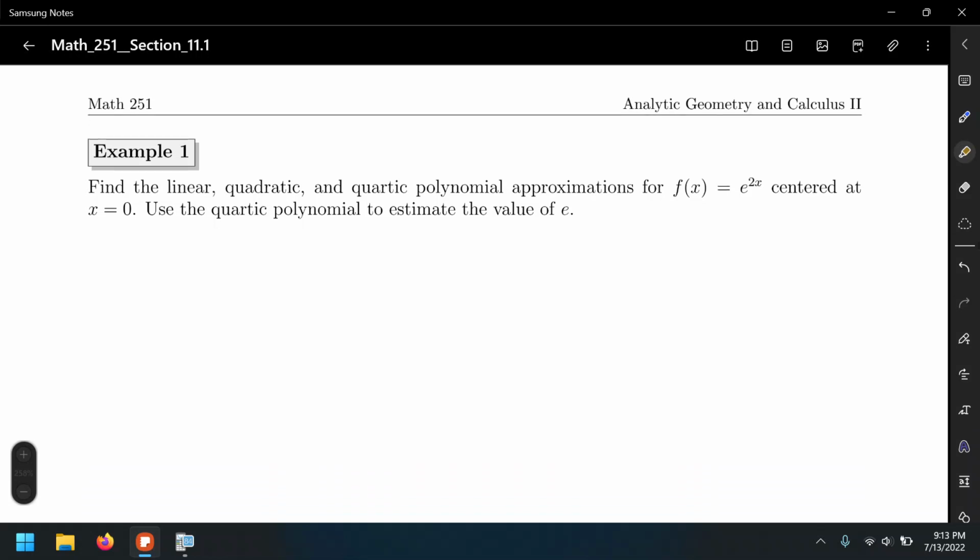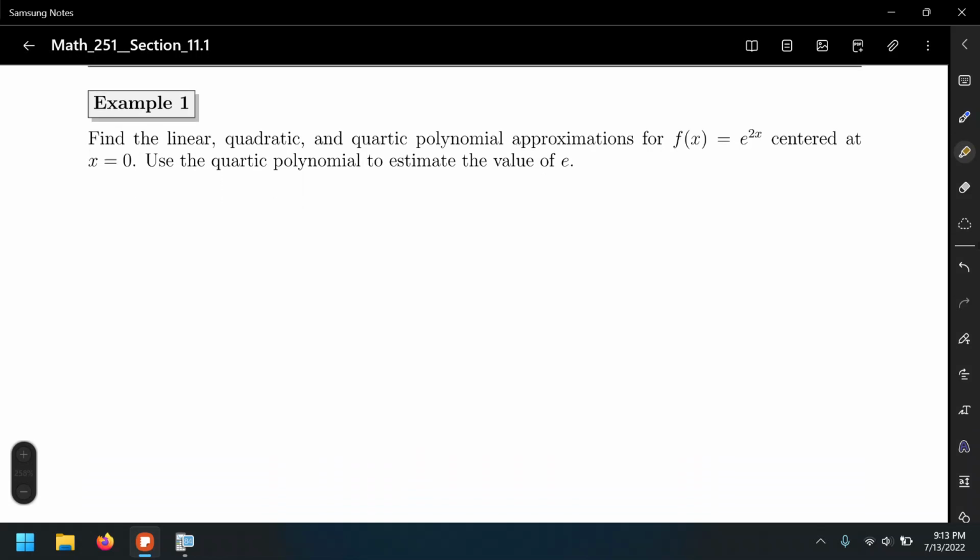So let's find the linear, the quadratic, and the quartic polynomial approximations for e to the 2x centered at x equals 0. The fact that this is centered at x equals 0 means that we're finding a Maclaurin approximation, a Maclaurin polynomial. All right. So we need to find a few derivatives here. We're going to start with the original function f of x,